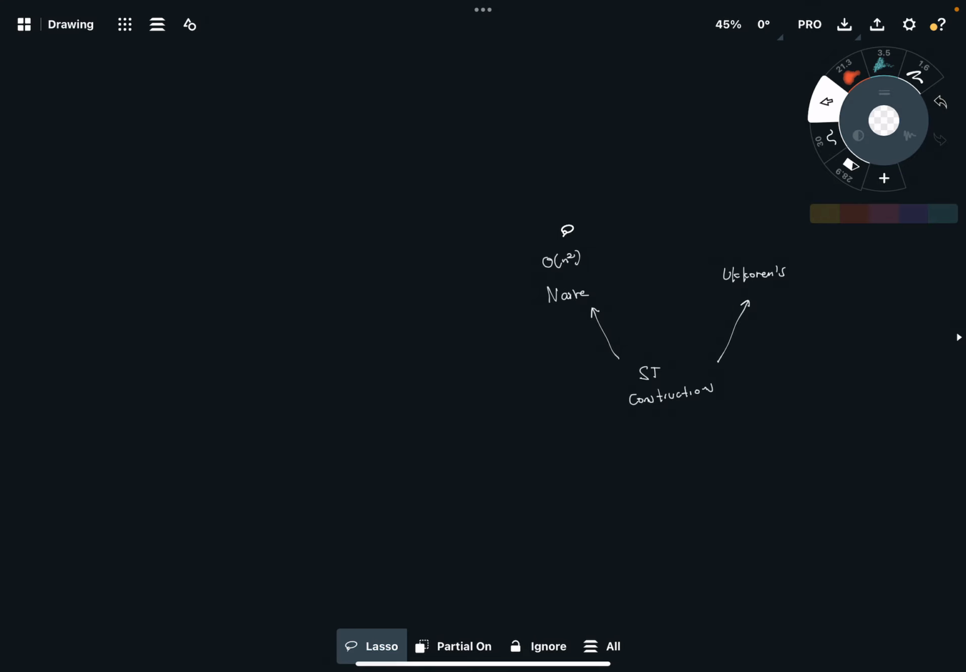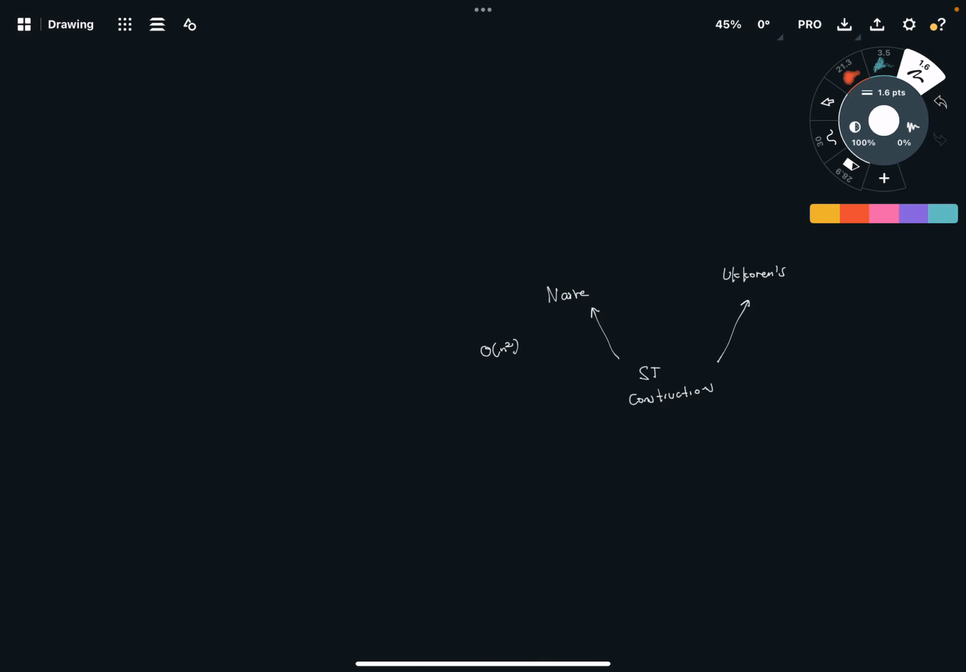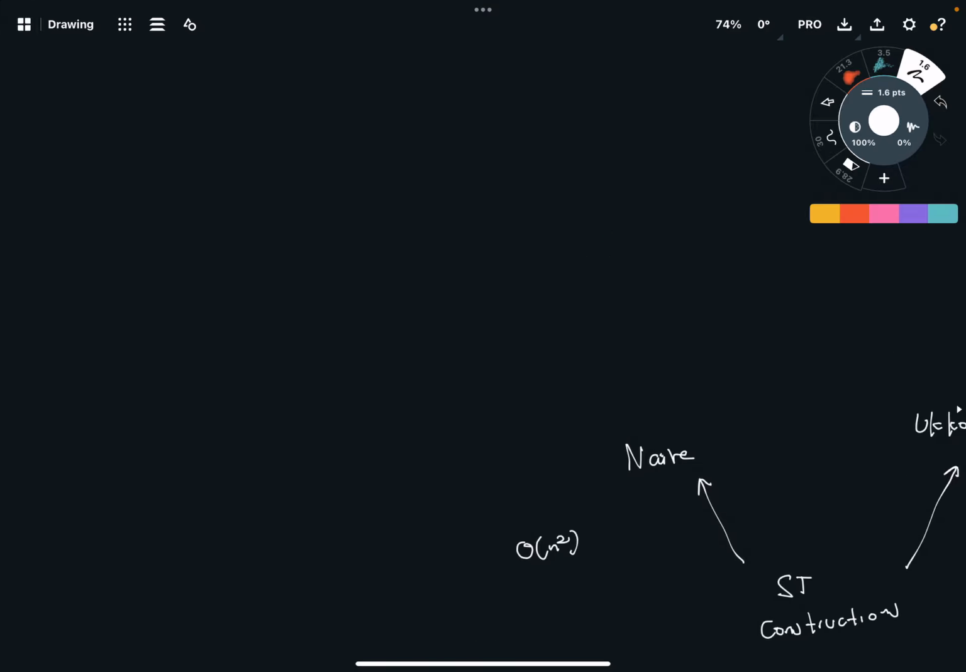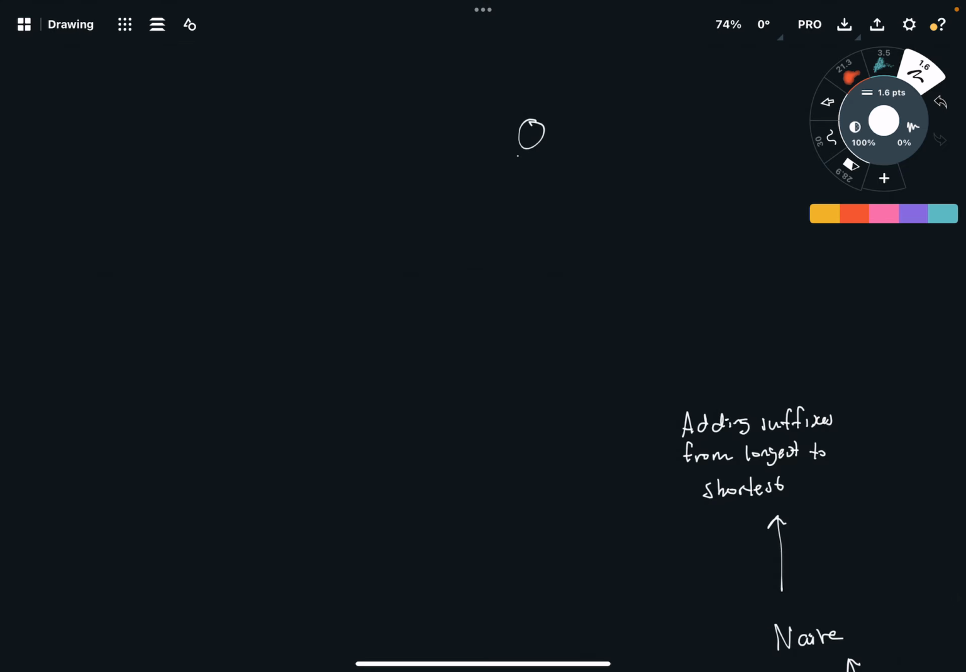So for the naive algorithm, what you're really doing is you just construct the entire tree. The idea is construct the tree by adding suffixes from longest to shortest. So you might start by adding the longest suffix, which would be